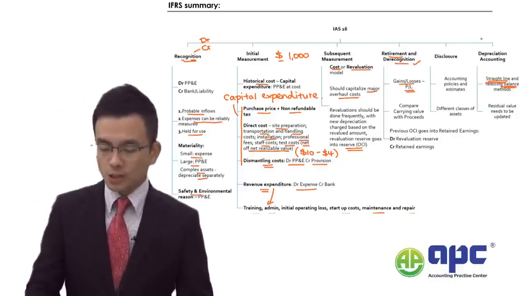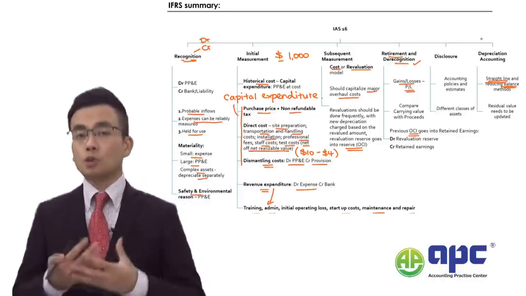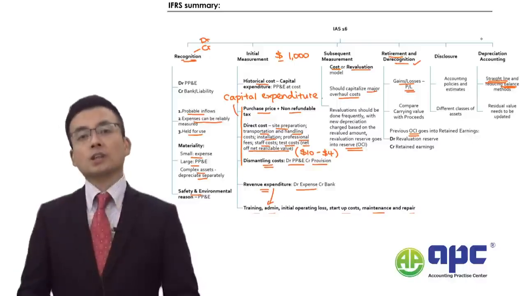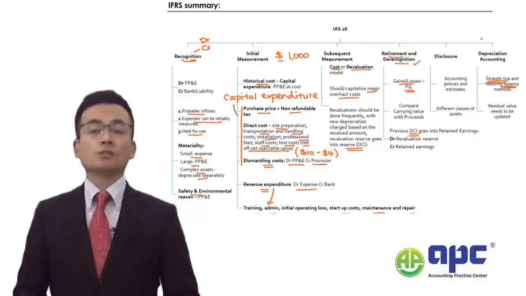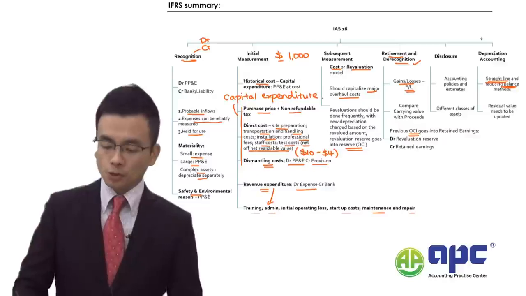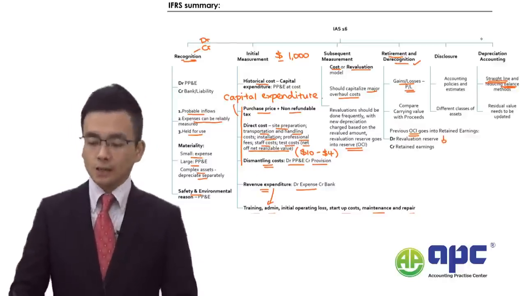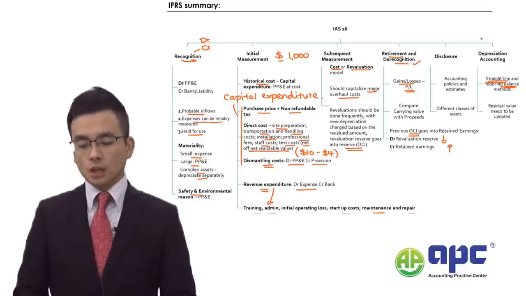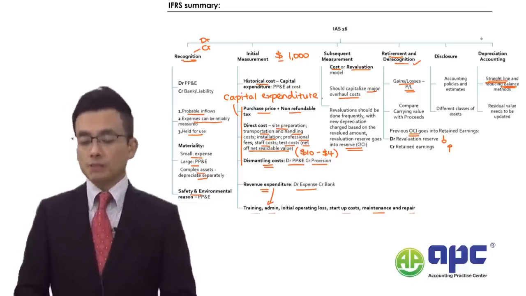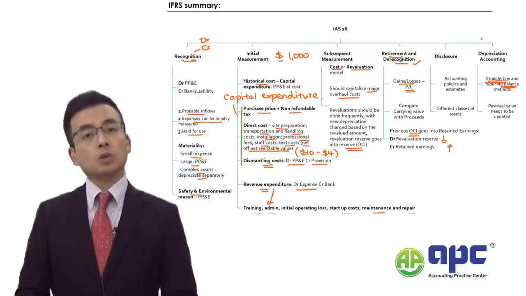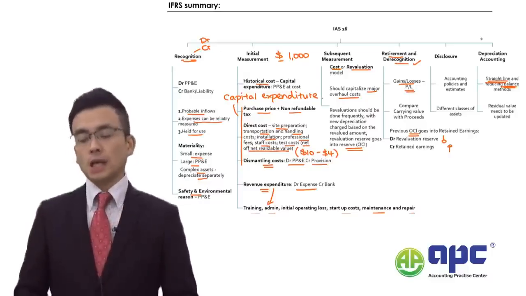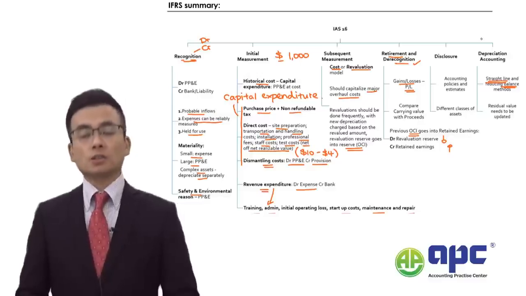And the previous OCI, if you're using the revaluation model, you've got the previous revaluation reserve. When we derecognize the asset, we're going to transfer that reserve into retained earnings by debiting the revaluation reserve and crediting the retained earnings. So to make sure that the previous revaluation reserve accounts for the real return for the business if the business has disposed of the item of PP&E, and it will not affect the dividends going to be paid to